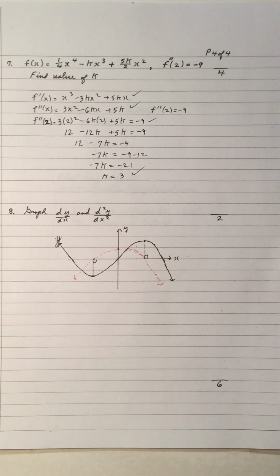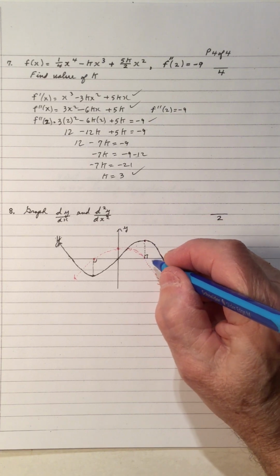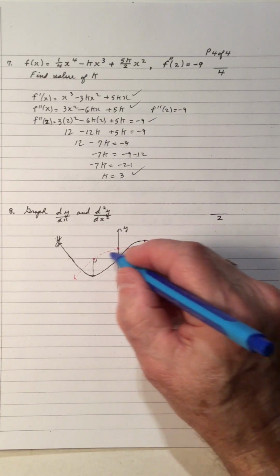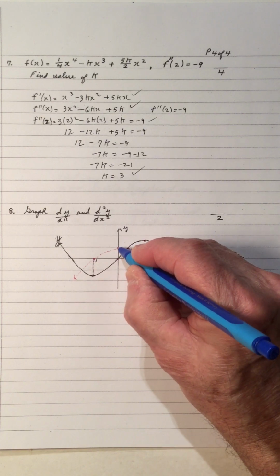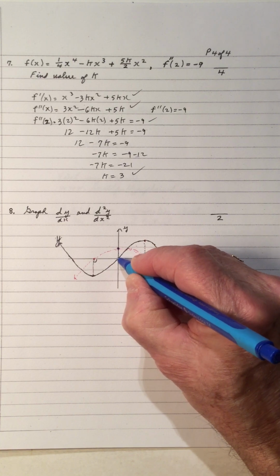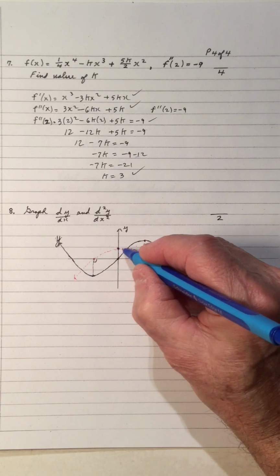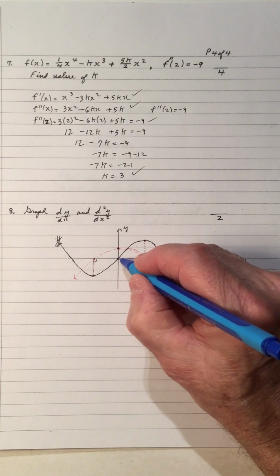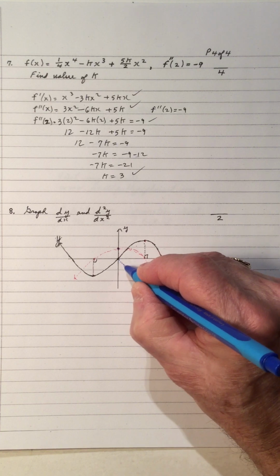Now we'll take a different color pen than I did before, and let's do the derivative. So a cubic becomes a quadratic. The derivative of a quadratic is a linear. So the maximum point for this quadratic is right here. So this drops down to right here. So on this side of this point, this slope is negative. So that means the double derivative is